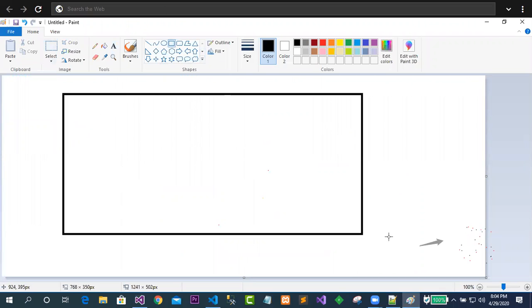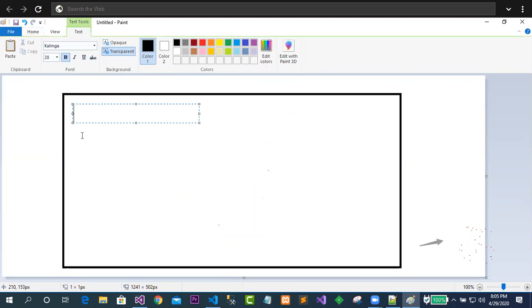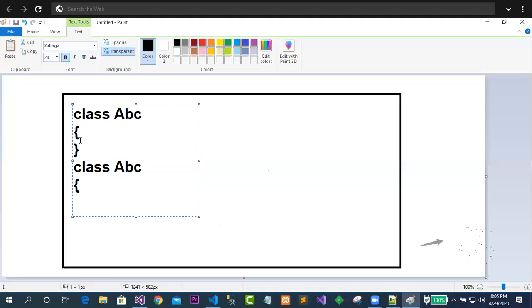Let's say this is a single application. In this single application, you are trying to create a class. Let's say this is ABC, and another class, this is also ABC. Is it right to write like this? Is it possible to have both classes with the same name?